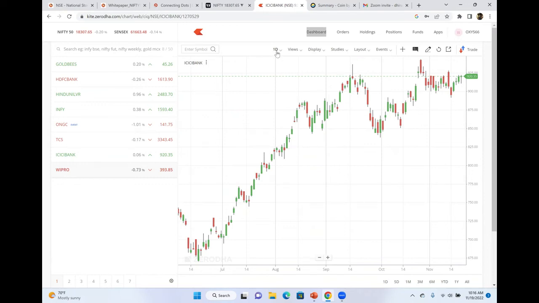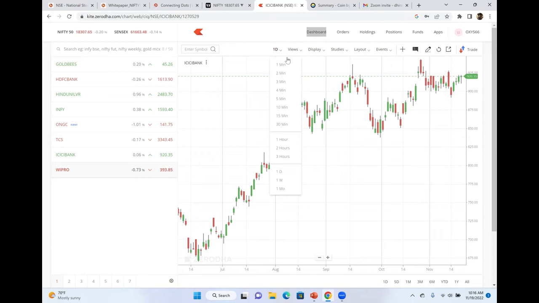A few things. You see on the top of this chart, and this is Zerodha, I'll show you quickly on TradingView also, you see something called 1D. Now, what is this? This is a time frame. So what each of these candles is denoting is the price. How did the price move in that time frame? What you are seeing right now on the screen is how the ICICI Bank price moved during that particular day,